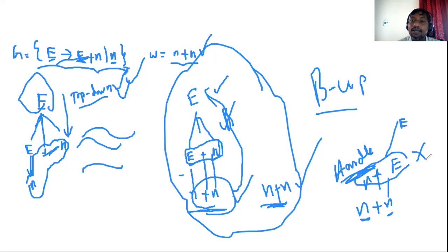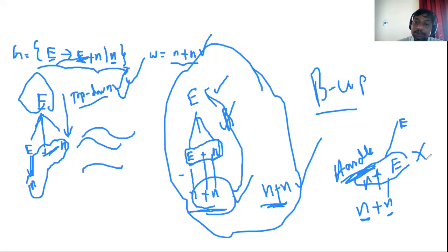So what I mean to say here is, if you identify the right handle, then only it leads to the starting symbol of the grammar. Then only you can reduce it to the starting symbol of the grammar, right? So the identification of the handle is a crucial thing here. That can be done through the table-driven process. We'll be using parsing stacks. Whenever a handle is exposed on top of the stack, we're going to reduce it. That we will see in a short while.